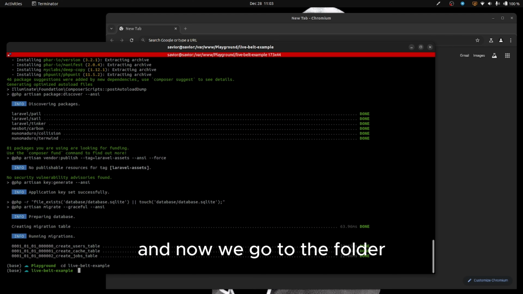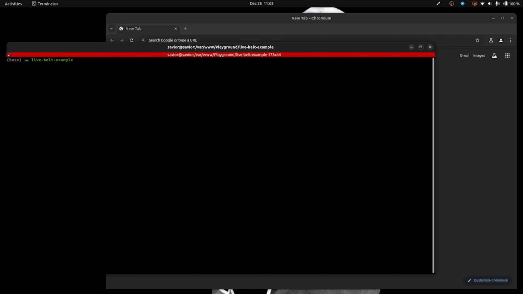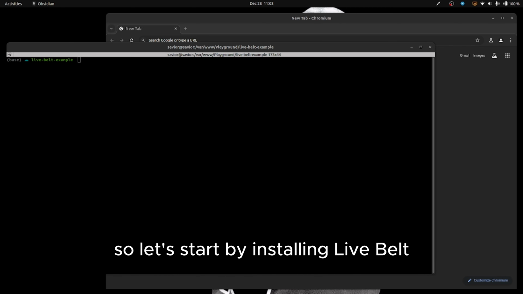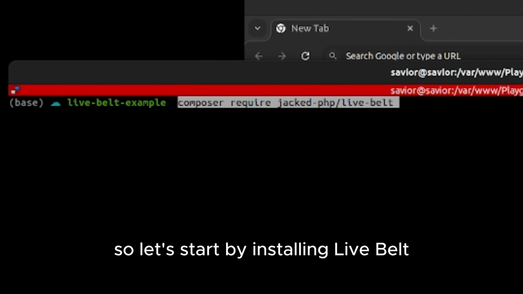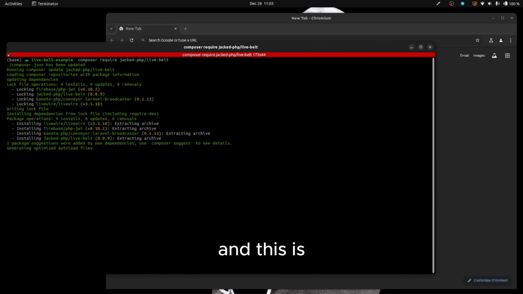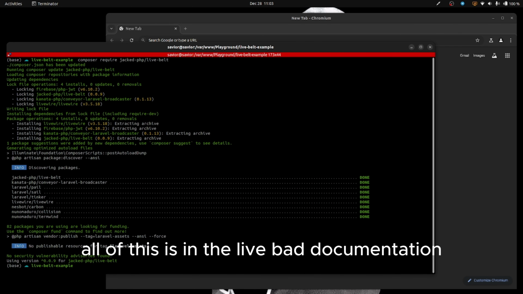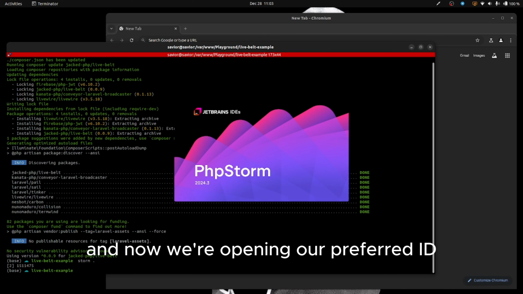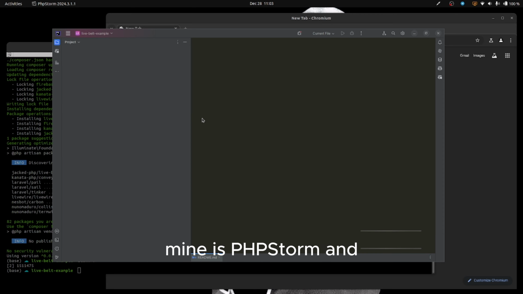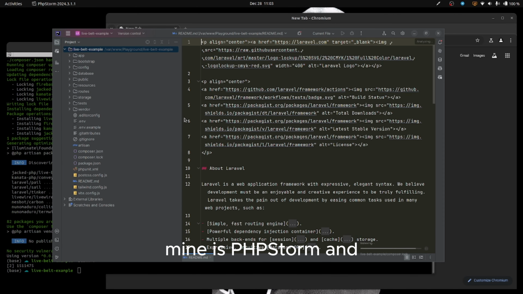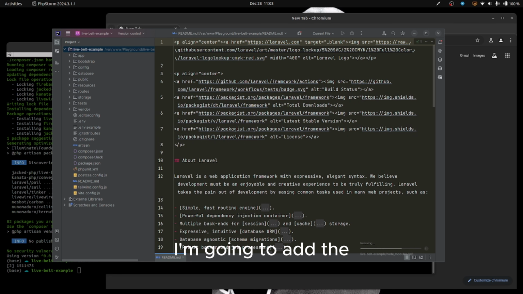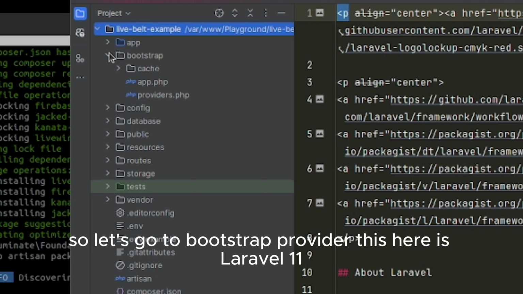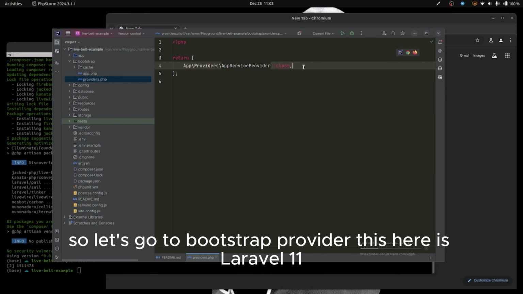And now we go to the folder and we start by installing the dependencies. So let's start by installing LiveBelt. And all of this is in the LiveBelt documentation. And now we're opening our preferred IDE. Mine is PhpStorm, and I'm going to add the providers that it needs to work. So let's go to the bootstrap provider. This here is Laravel 11,